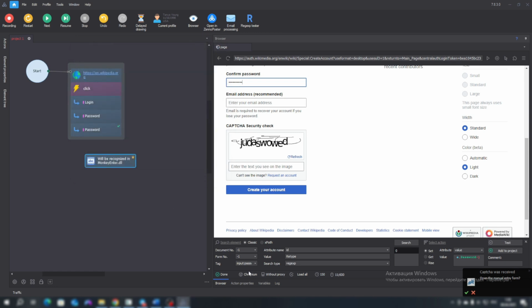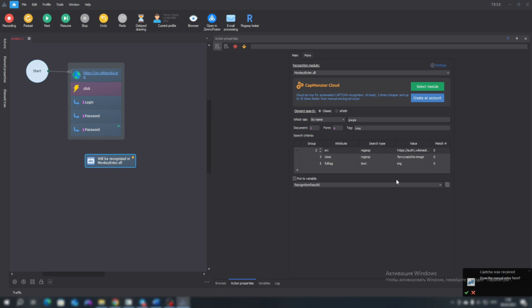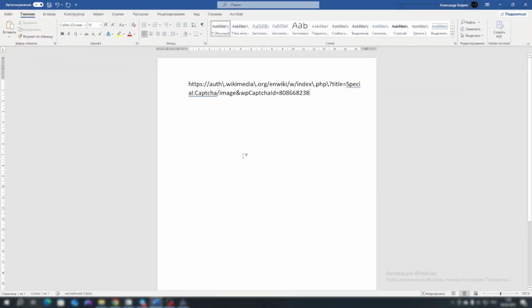We have an action that has its own attributes with values. We need to verify each value. Copy it, paste it into a text document. And we see that the CAPTCHA has its own ID, which, in the future, when the page is refreshed, when a new CAPTCHA appears, will change, causing a program error.